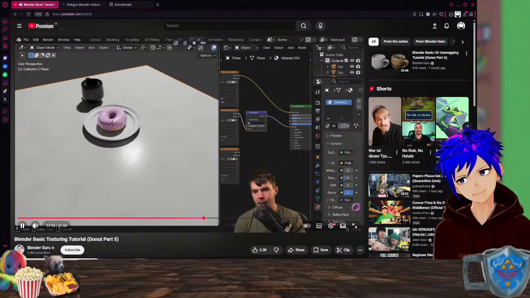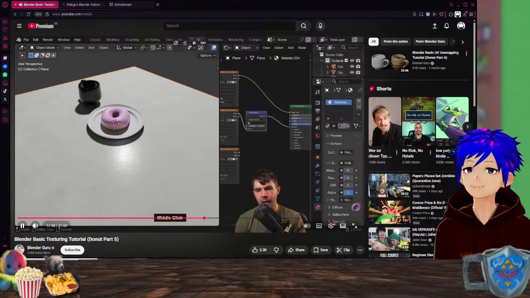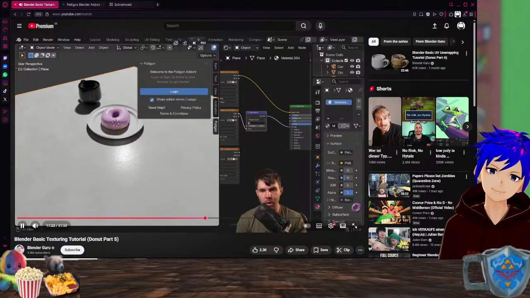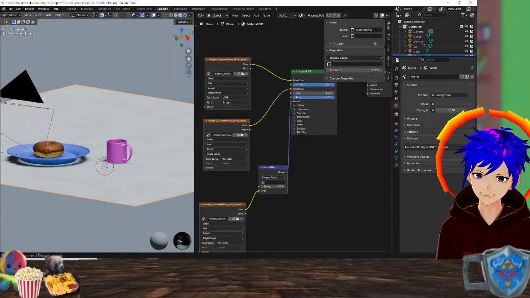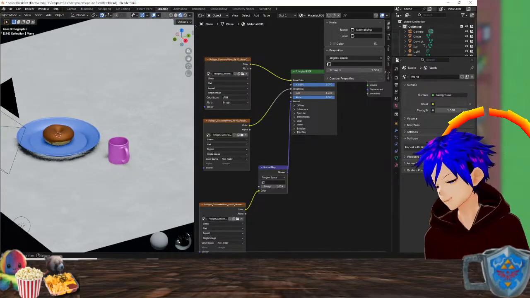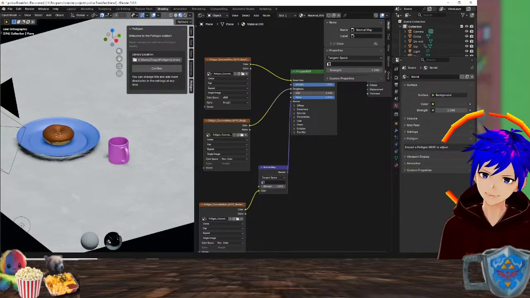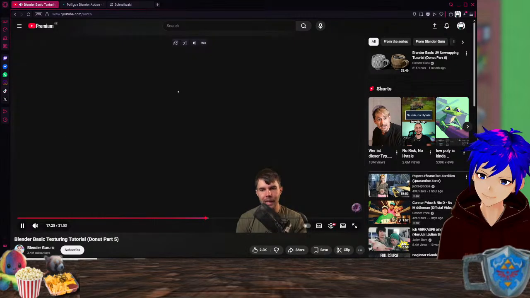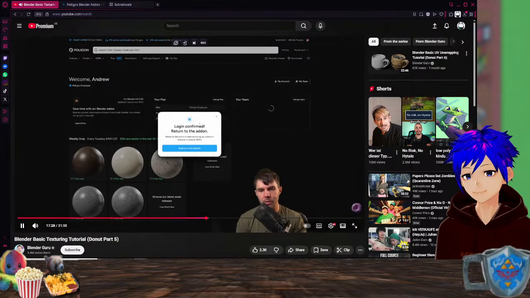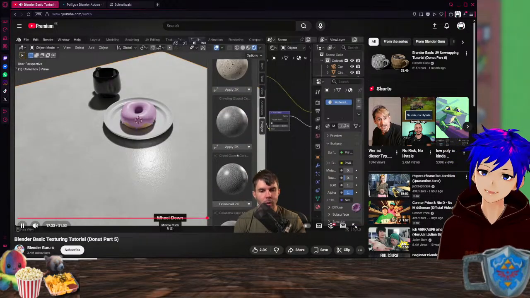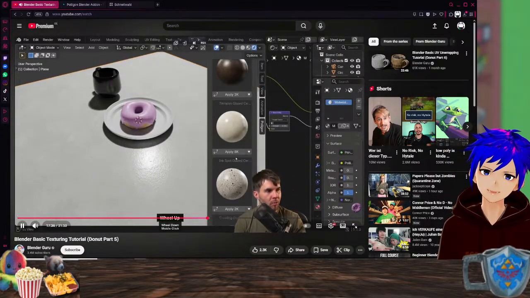Now, once you have done that, in your 3D viewport over here, you can hit N, which brings up your properties. You should see a tab there that says Polygon. Okay. Here, I'm pressing the button N, seeing this tab here called Polygon. Okay, good. Then if you just do the one click login, this will take you here and then it will just say login confirmed. Go back into Blender and you should see now we've got materials in a scroll bar.